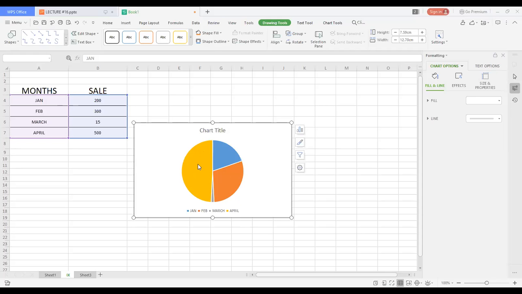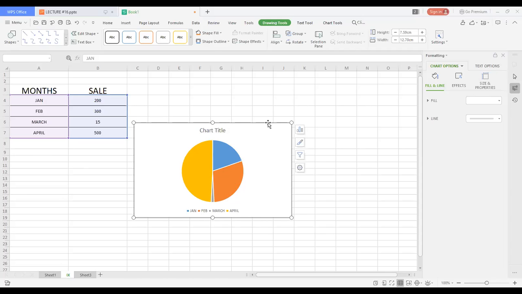Here is the pie chart given here. It shows that April has yellow color and the highest number of sale, right? March is the lowest sale given month. So March, it's 15, gray color it's given here, so it is very easy to understand it. I don't need to read all this matter. It's very easy to understand by graph that in March I have the lowest sale, in April I have the highest sale, and in January and February it's medium. Okay, right? So these are the charts.